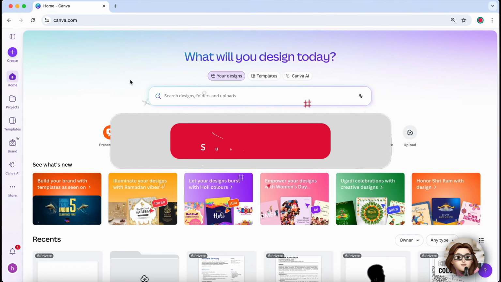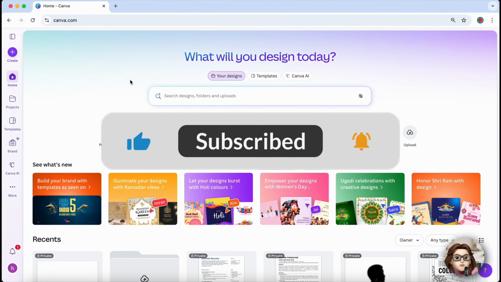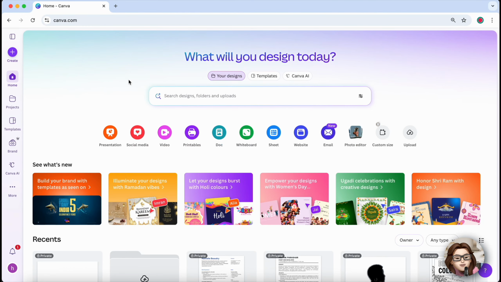In today's video, I'll show you how to use Canva on your MacBook to create print-on-demand t-shirt designs that are ready to sell. First, open your browser on your MacBook and go to canva.com. Log into your account, and once you're on the home page, click the Create a Design button in the top